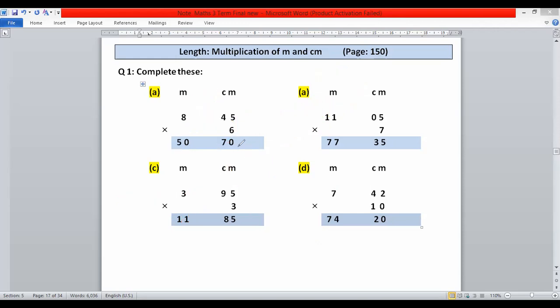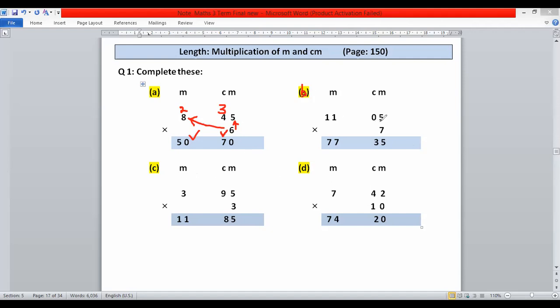Dear students, I am going to repeat myself once again. Listen to me very carefully. First we multiply 6 by 5. 6 5s are 30. Carry 3. 6 4s are 24 plus 3 is 27. We write 7 here, and 2 carry here, and then we multiply 6 by 8. 6 8s are 48 plus 2 is 50. In this way we can solve part B. This is not part A, this is part B, and this is part C and D.